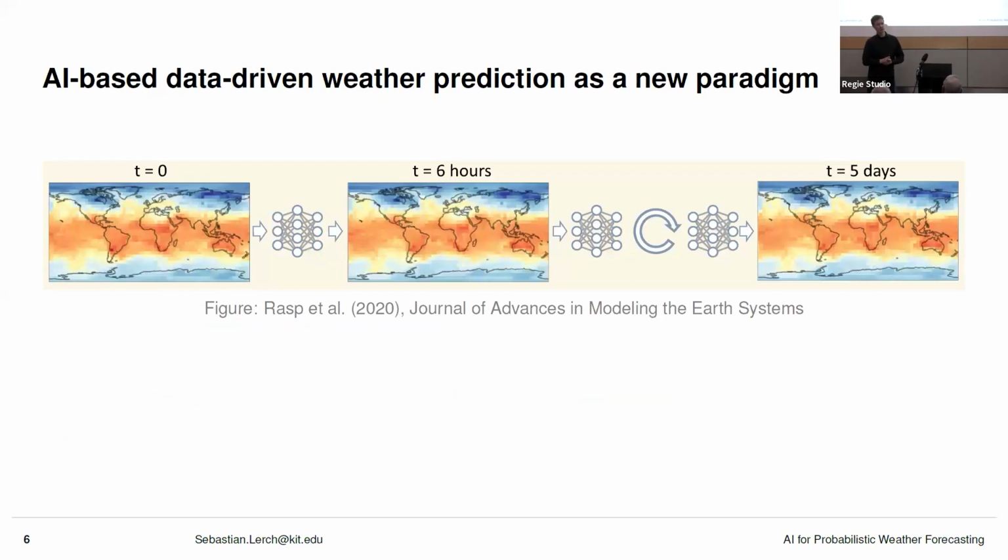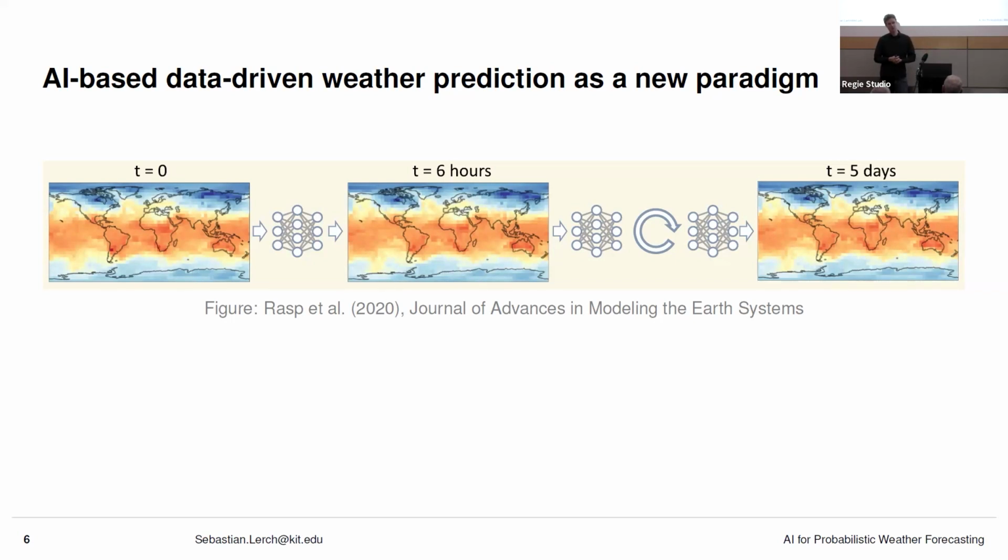However, now this quiet success story may be facing a rapid and unprecedented disruption. And the reason for this, as you may have guessed, is AI. Because over the past years, AI-based data-driven weather forecasting has arisen as a new paradigm. In principle, with all the hype around AI and the use of AI in lots of different scientific disciplines, of course, also people interested in weather forecasting were wondering whether we actually need all this physics. So can't we just try to model getting from one weather state to the next weather state by a complicated machine learning model, for example, a neural network?